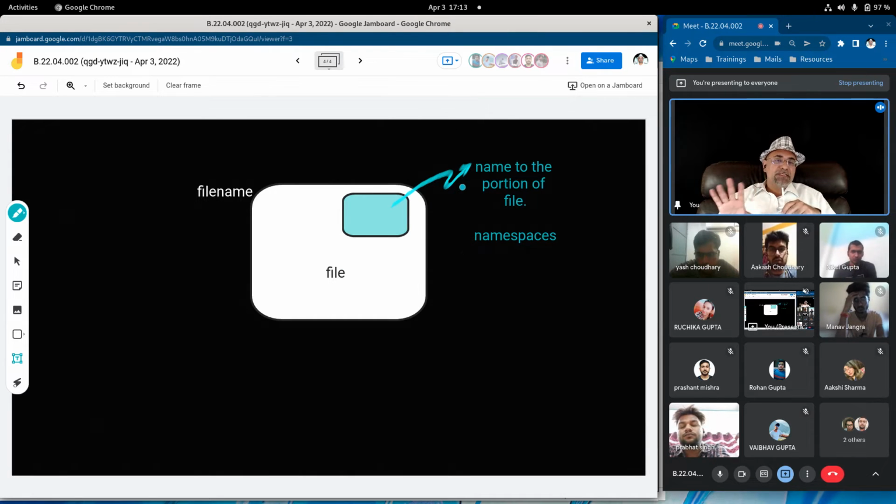It's stored in a file, the one you see in white here. But this huge class in the huge file has so much data, so much information, and I don't want everything. I want some part of this class in the file. So that part I have chosen and given as a namespace called std.